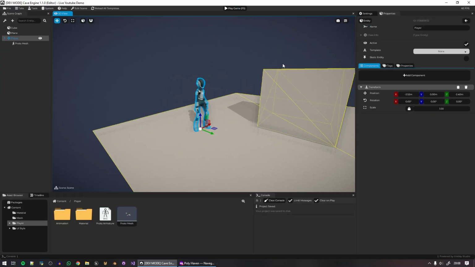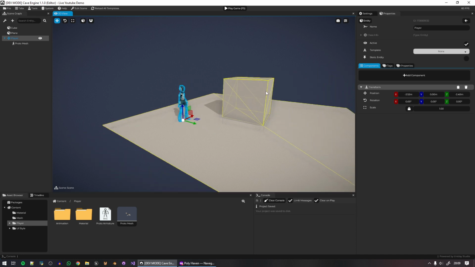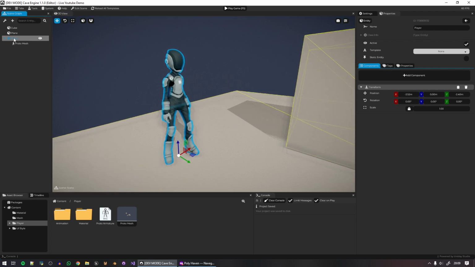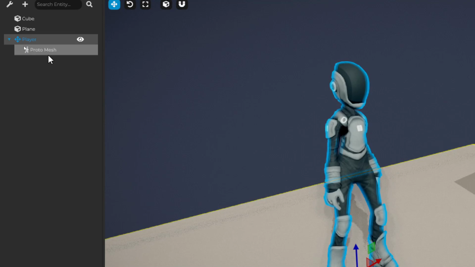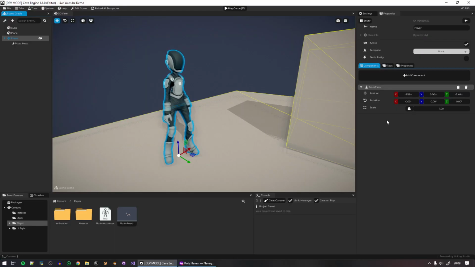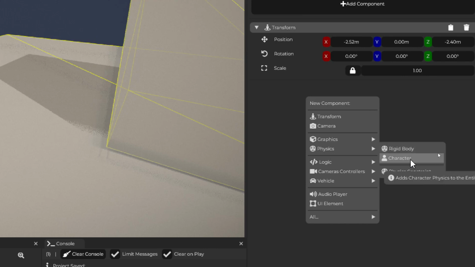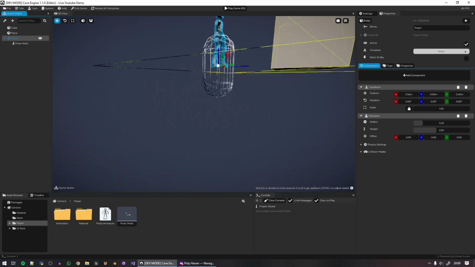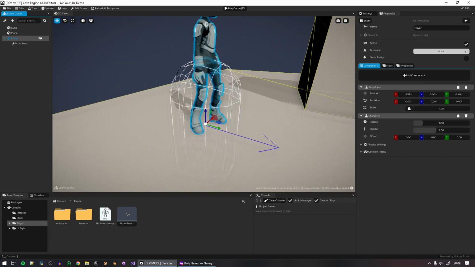So if I click here, you can see that the ground does have physics in the world, and this cube also has physics, but the player does not have anything. So I will select the player again, not the proto mesh, and go here in the properties tab, right click, and add a physics, character physics. You can see that I do have a huge ball here representing a character, but of course